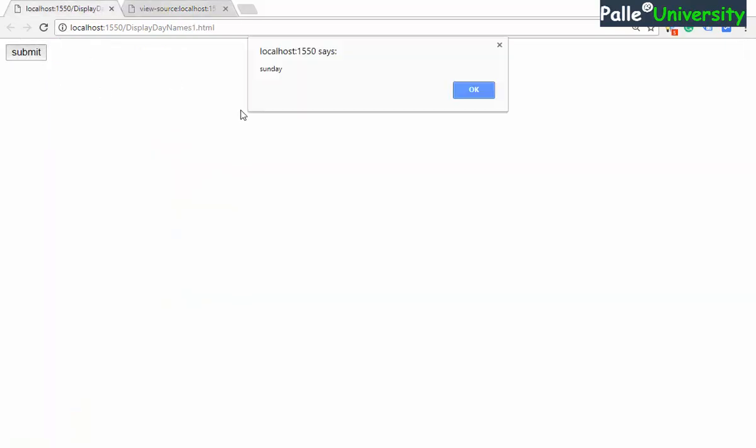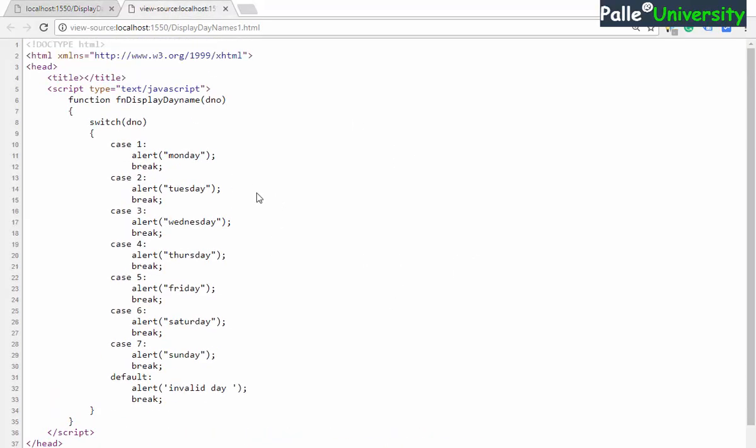If you want, you can check. Am I getting Sunday? Yes, obviously. I believe you understood. This is how you can write the switch case statement. Remember, instead of going for more than one else if statement, it is strongly recommended to use switch case. Switch case execution is usually faster than the execution of a set of conditional statements having multiple else if statements. Remember, instead of using multiple else if statements, it is recommended to use switch case. I believe you understood.